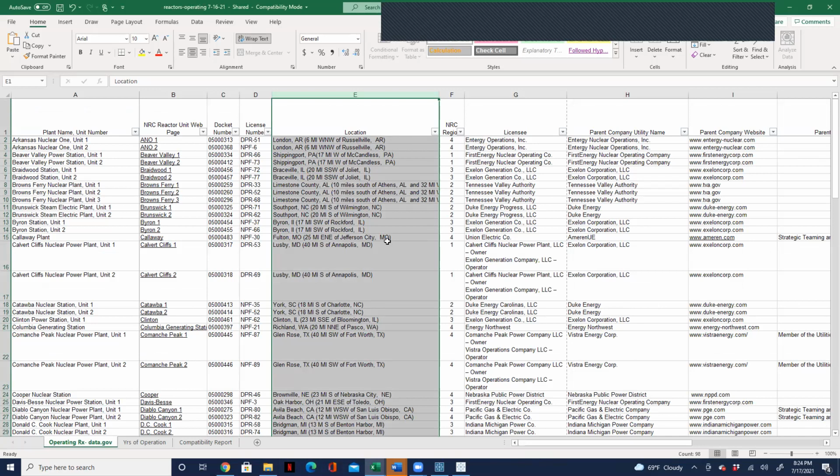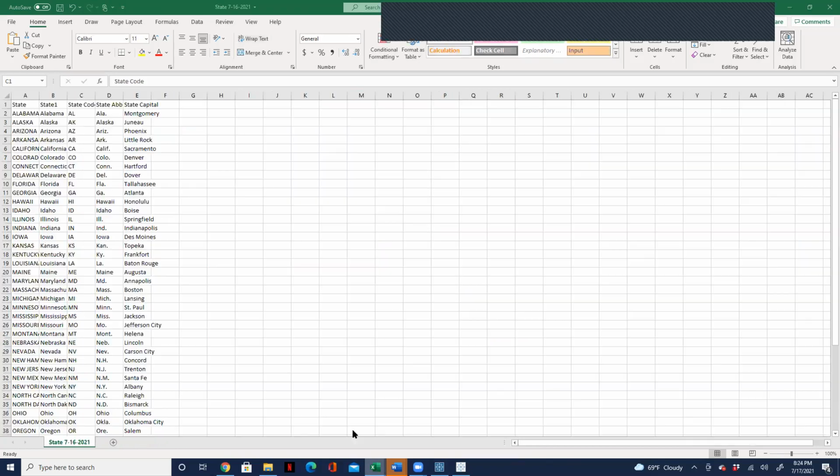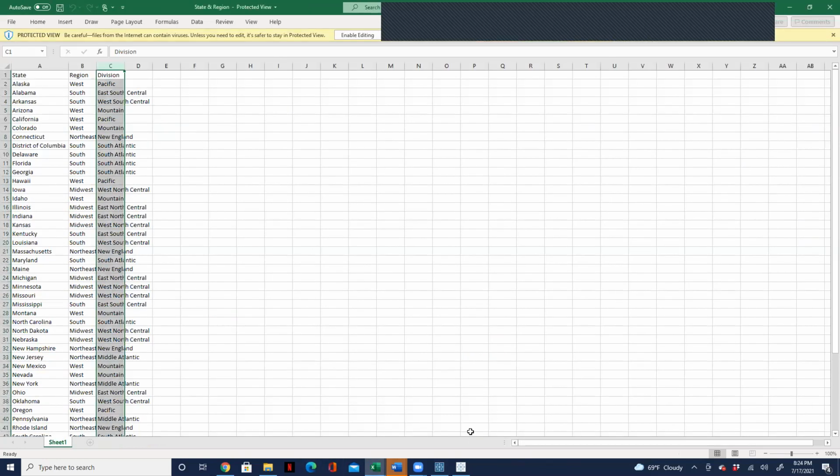If this is MO, then Maryland. If this is TX, then Texas. It might take you some hours to manually write that and label that field state. Then you don't need to bring in this state code. So you can just bring in this file here that has the state and the region and division.